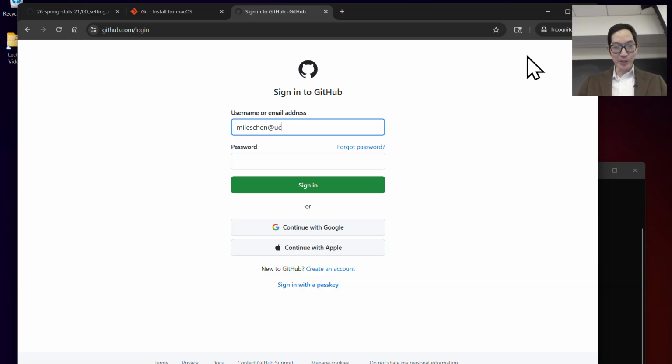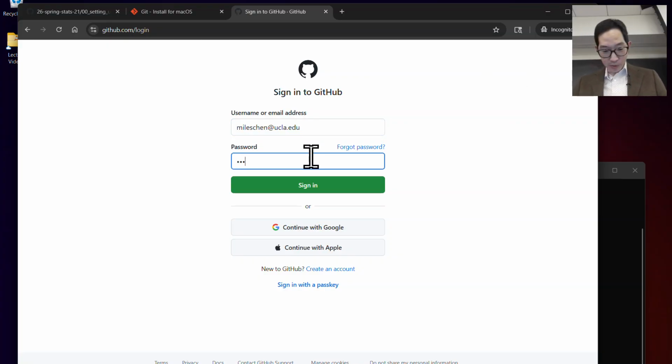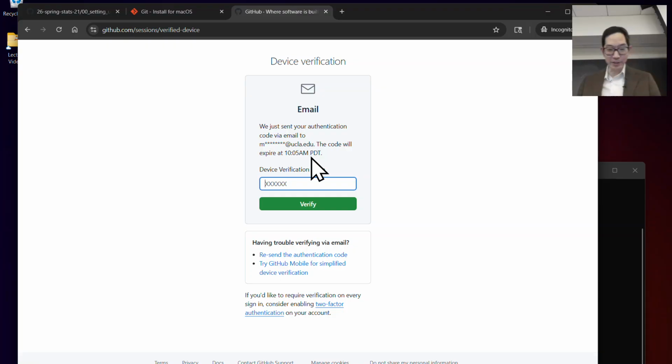I forgot my password, so give me a second here. Okay, my password is do do do do. Oh gosh, I need a two-step verification. One second. Okay. All right,